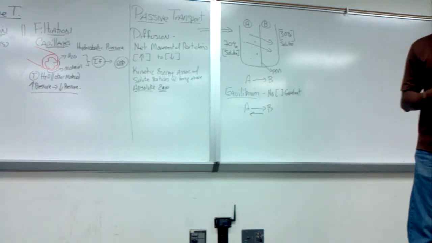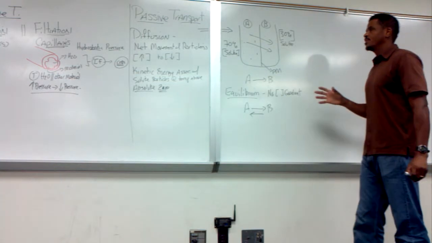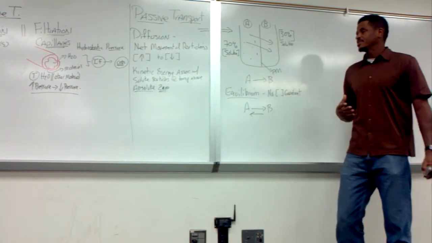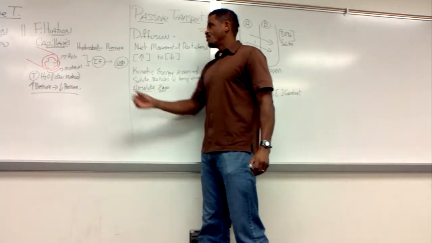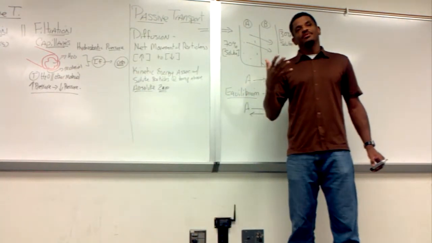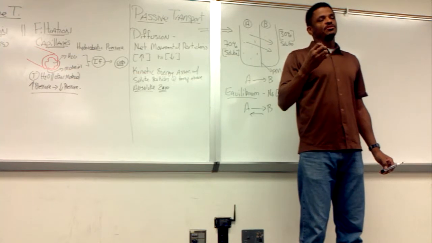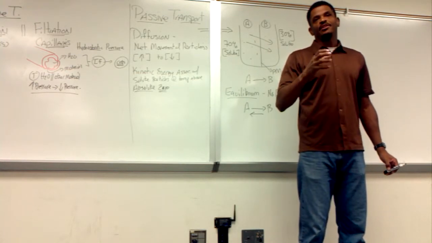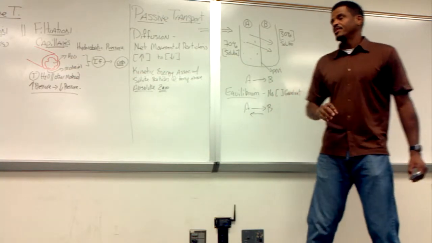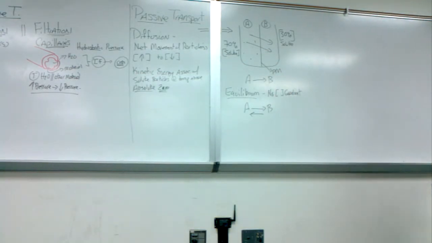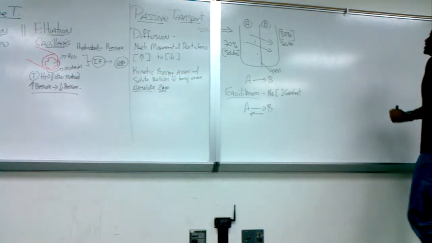So rarely does a cell want to achieve equilibrium. There are caveats or exceptions to the rule, but rarely does a cell want to achieve equilibrium for a particular solute because it wants to have the capacity to drive that material either out of the cell without expending what? Energy. So we can use that gradient to transport something either into the cell or out of the cell. As we take a look at some factors